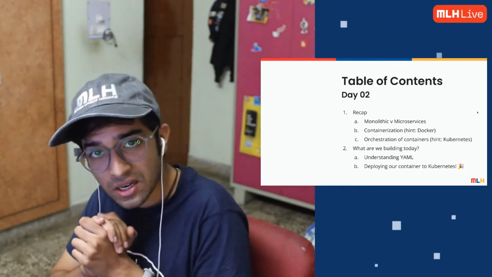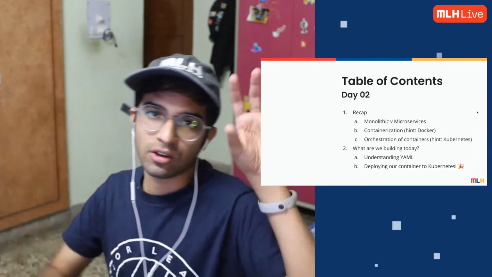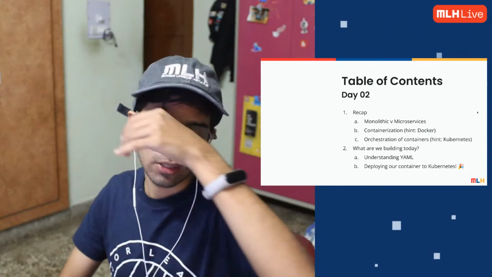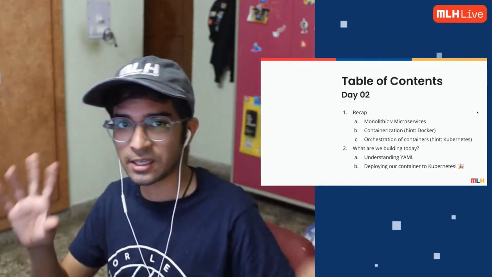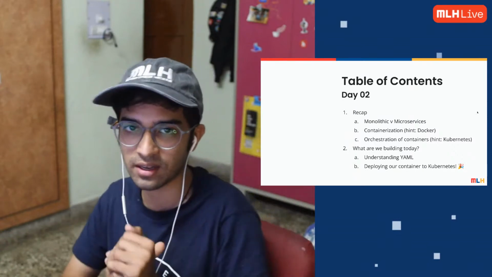So we containerized the app. I pushed it to Docker Hub, which is like GitHub. GitHub has all your code. Docker Hub has all the Docker images. The only difference is that GitHub has all the code you can see, and Docker has the whole image inside. It's a single file.